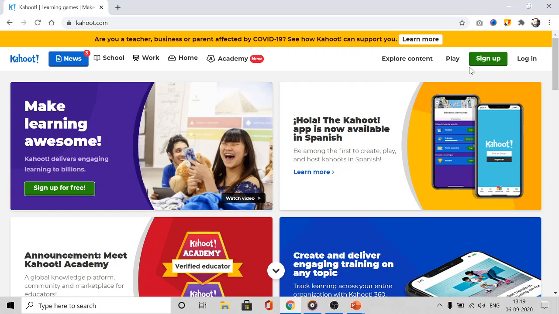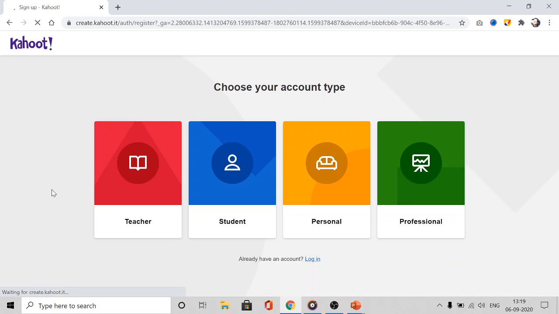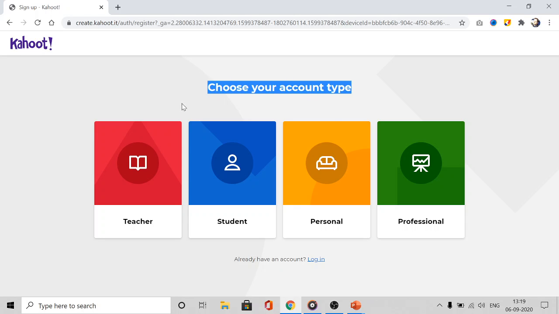Let's go to sign up for free through any of the options and create your account with Kahoot. When we click sign up, we'll be offered to choose our role to use Kahoot.